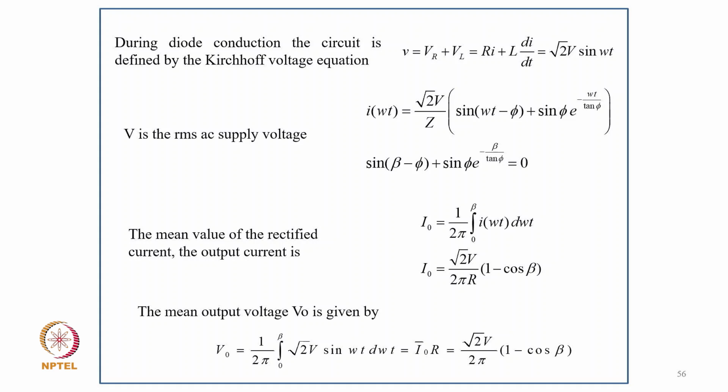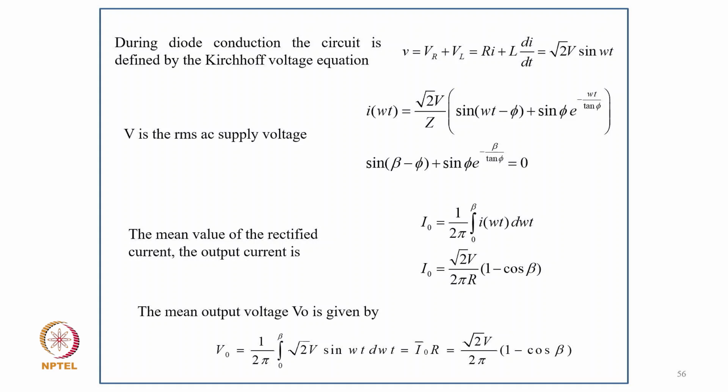minus phi) plus sin phi e to the power minus omega t upon tan phi, where V is the RMS AC supply voltage, and sin(beta minus phi) plus sin phi e to the power minus beta divided by tan phi equal to 0. So the value of the mean rectified current in the output is I0 equal to 1 upon 2 pi integral 0 to beta i d omega t, and